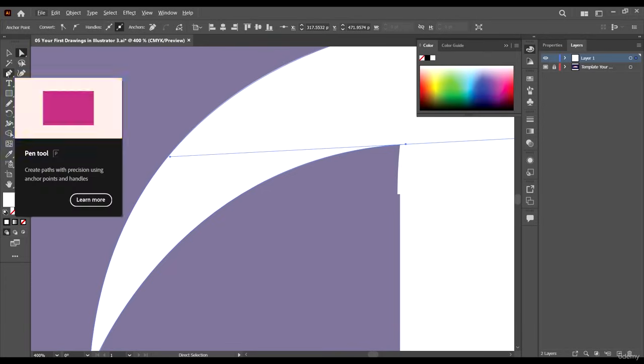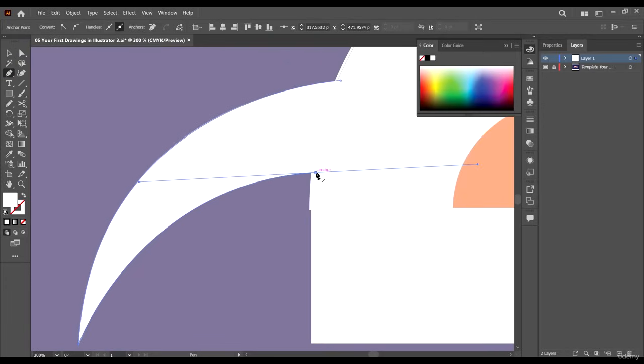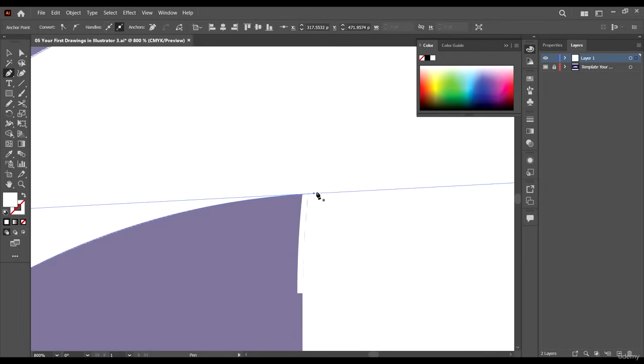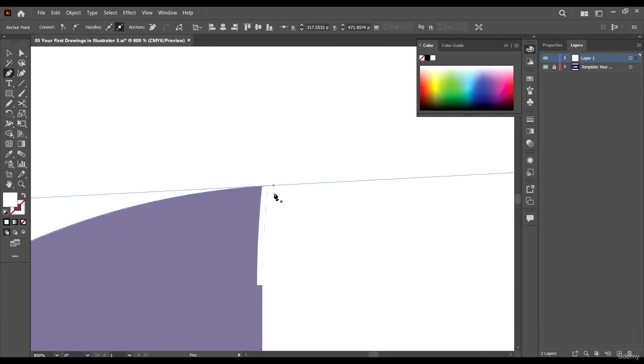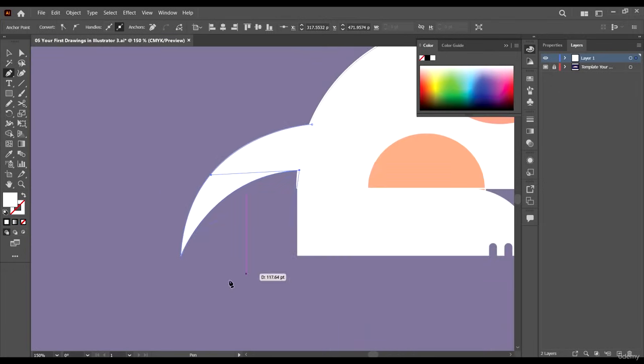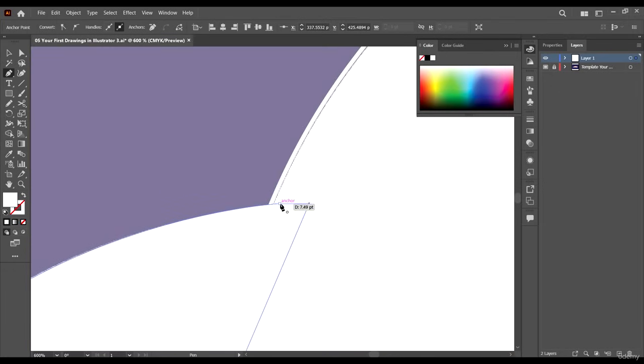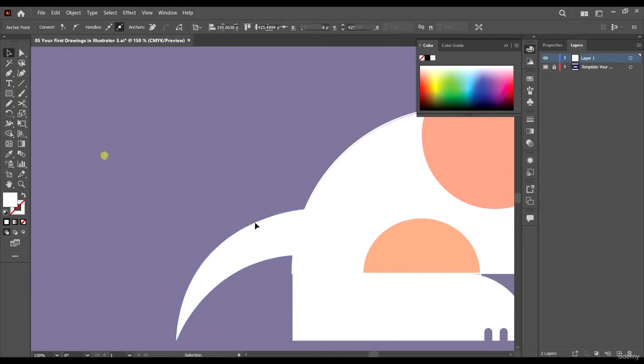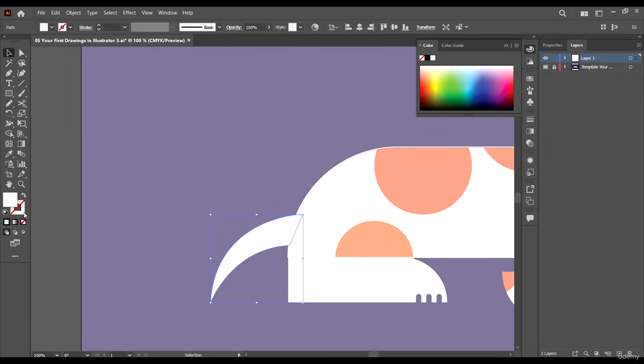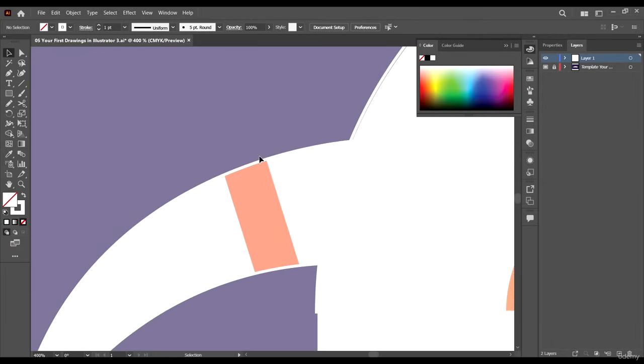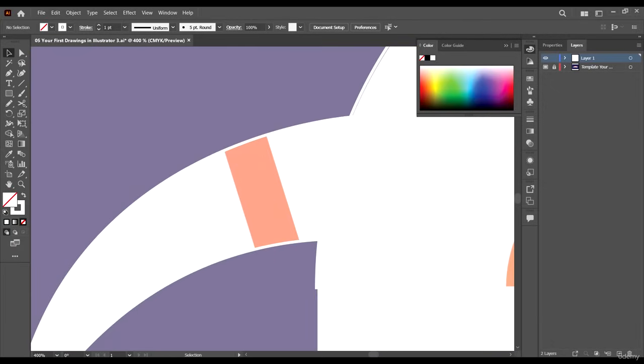Select your pen tool back and come to where you stopped. When you come, you see that a line appears under the tool icon. This diagonal line tells you that if you click, you'll be continuing drawing from where you stopped. You just click and you can see that it has joined with the existing path to finish up the drawing. For this again, we're going to swap the colors so as to see what's happening below.